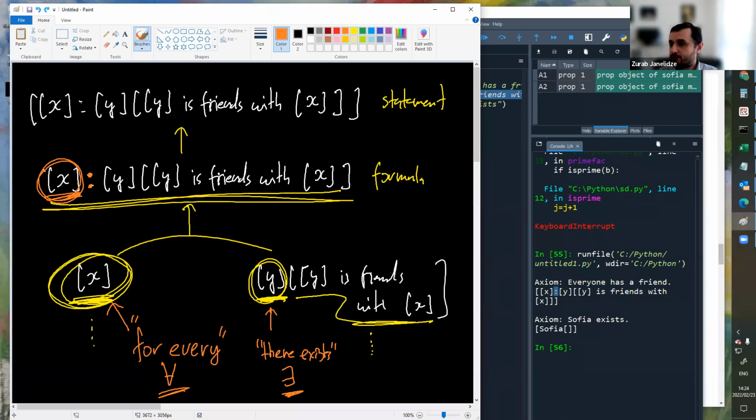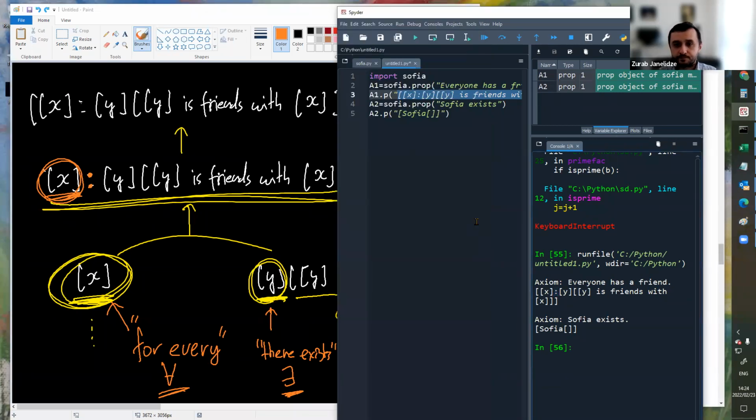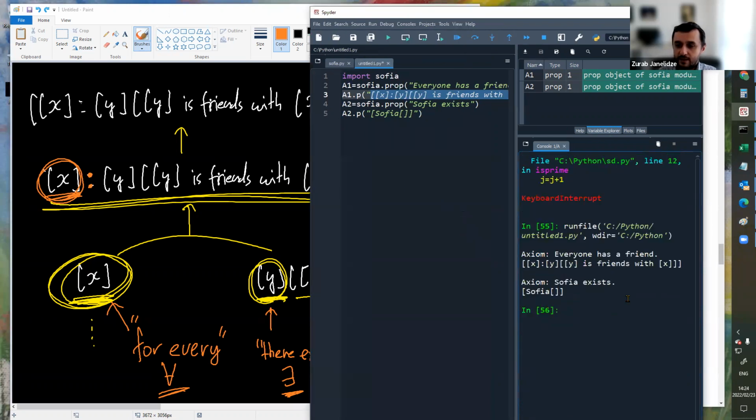Okay, let's go on. So that's what the first axiom says. And then we have the second axiom, and the second axiom just says, as you see, Sophia, and it's written as a constant, not as a variable, because we don't want it to be something that can change value. We want it to have a constant value. We talked about constants before already last week, right?